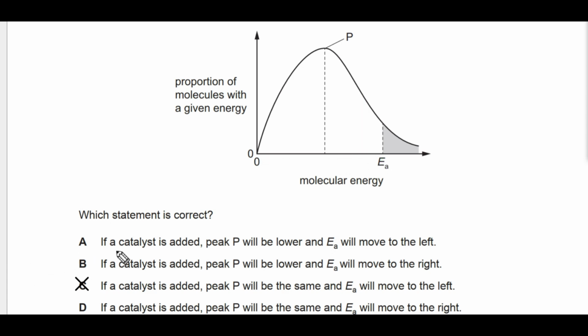Why is A wrong? If a catalyst is added, peak P will be lower. No, this will remain the same. That is wrong. If a catalyst is added, peak will be the same, and EA will move to the right. No, it will move to the left, because a catalyst decreases the activation energy, not increases it. Next,